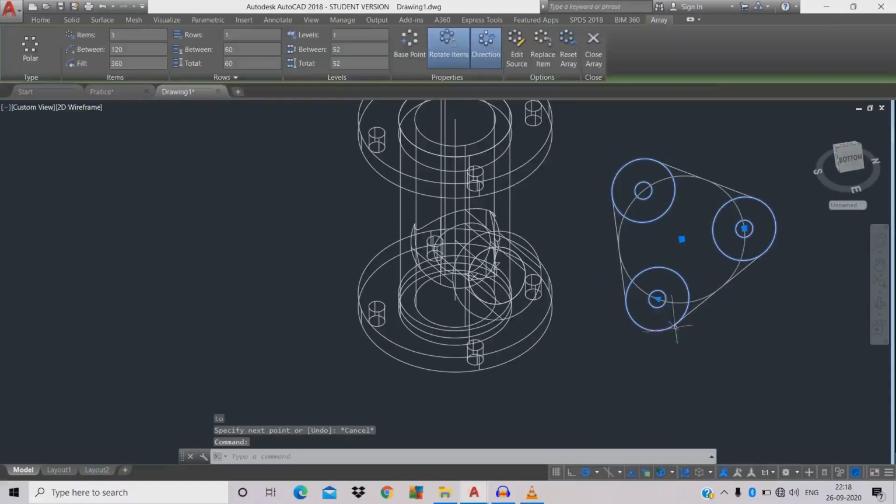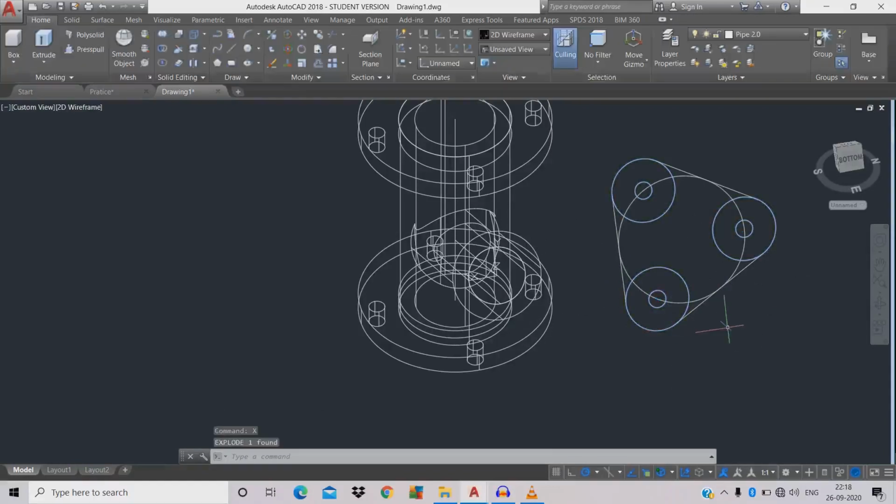So just click the object, we're gonna explode. C space, click the circle, we will find the center. We're gonna give radius of 20. Now we're gonna trim the unwanted areas.